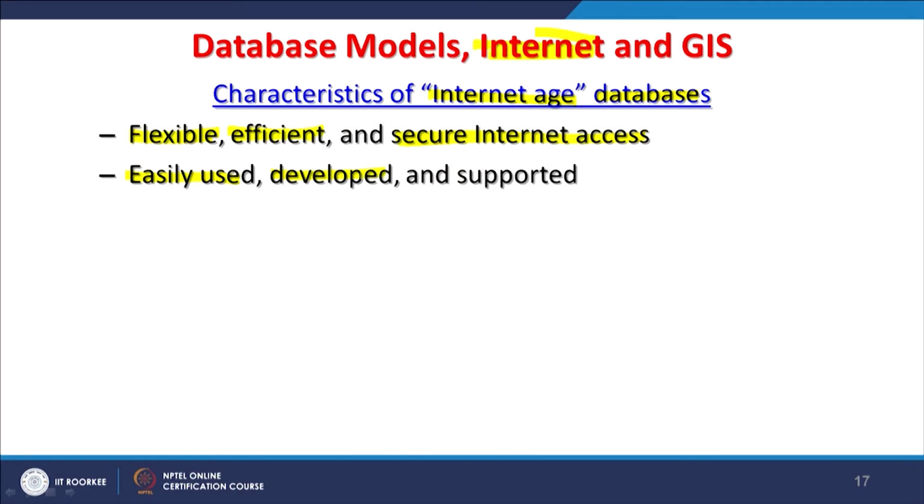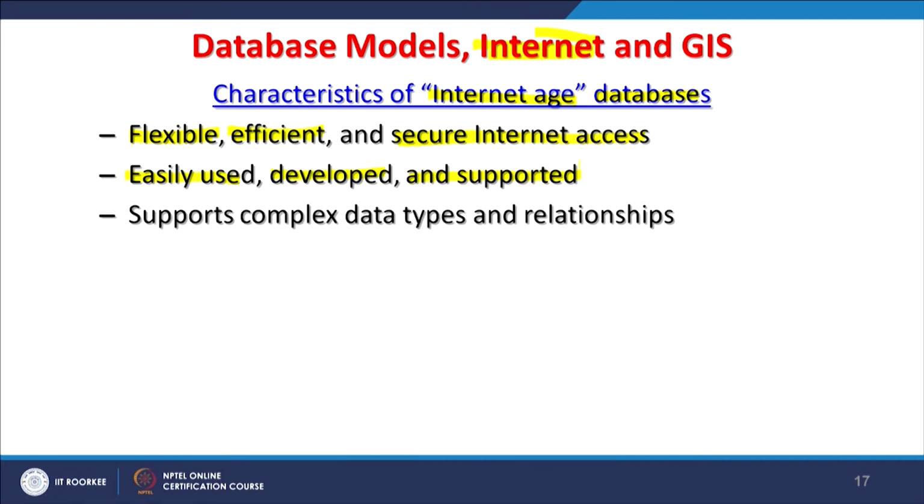Anybody, even a child, if he knows how to move a mouse and other things, can immediately start using Google Earth. So, it is user friendly, and accordingly it has been developed, supported and upgraded on a regular basis. So, if any database has to be accessed by users through the internet, these are the qualifications, otherwise it will never take off properly.